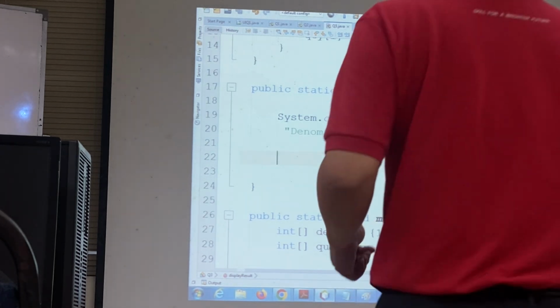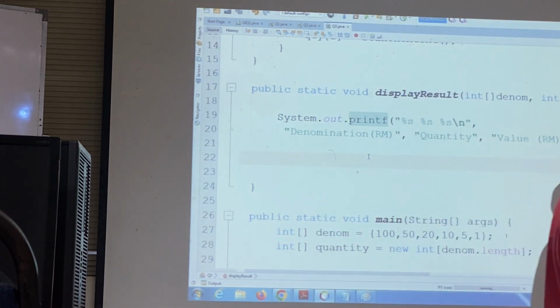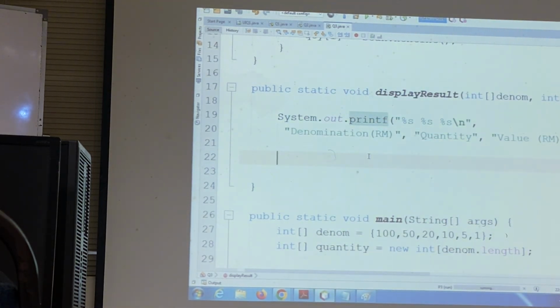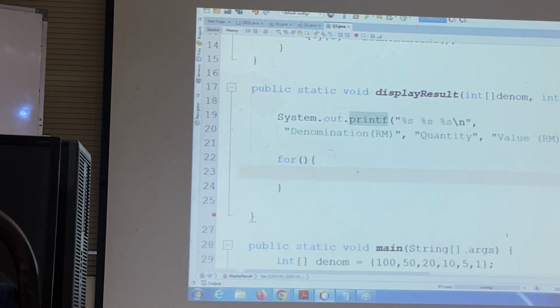Okay, let's move on to this part. Okay, again we need to use a normal for loop. Now I need to deal with these two arrays, denote and quantity. If you use an enhanced for loop, you can only deal with one array at the same time. But now in this looping, I need to deal with these two arrays. So using a normal for loop here, starting from 0, i less than